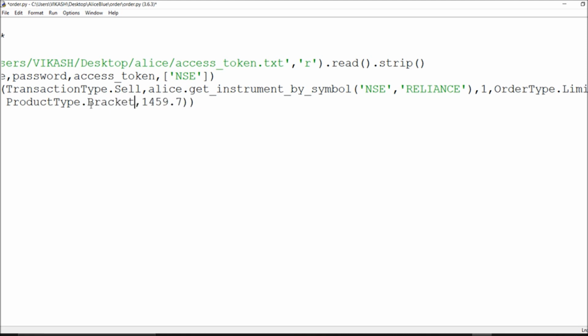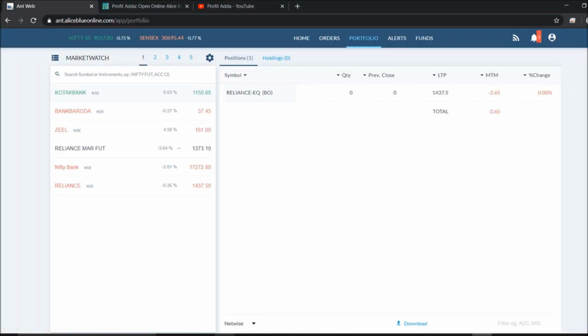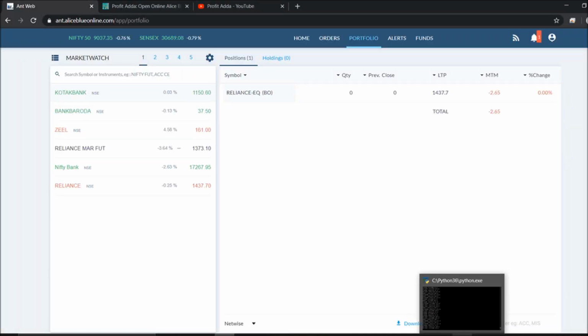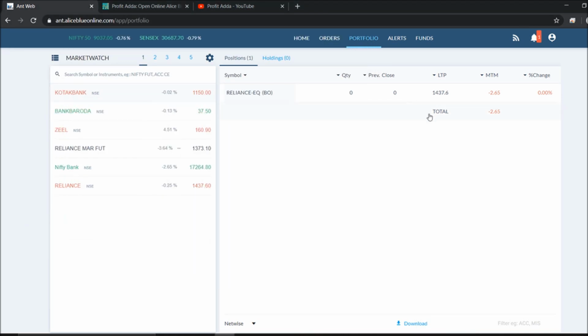If I want to place this order as a buy, I have to give transaction type dot buy. And as I said, if I want to place this order without the last price from the database, I can check manually and place the order. 1437 is running right now.